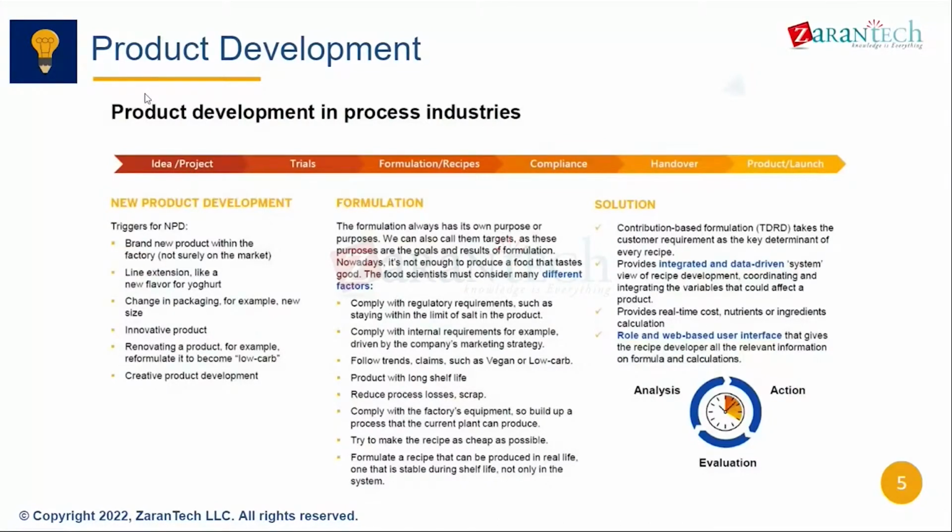When we talk about product development, it covers different phases. This slide represents the idea of a product, but whether it is part of research and development or not, it needs to be captured under some